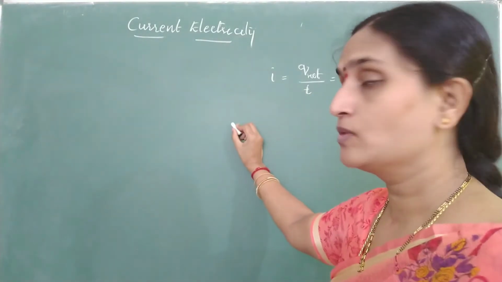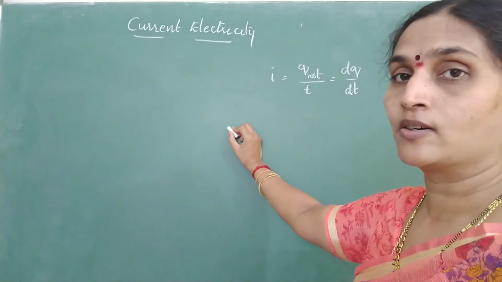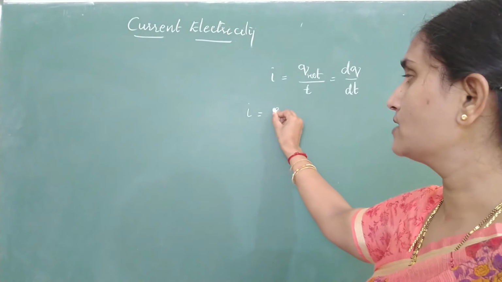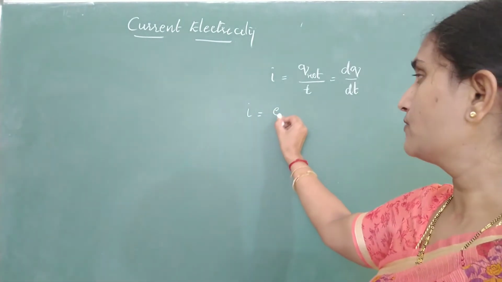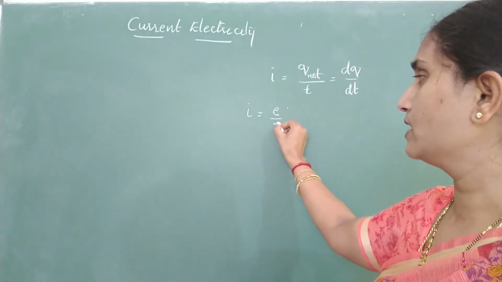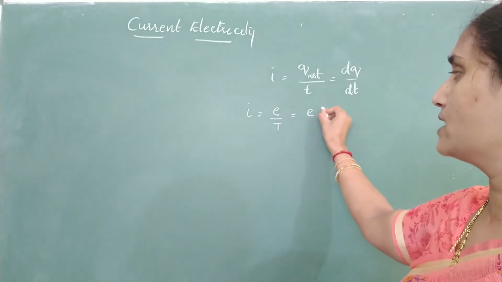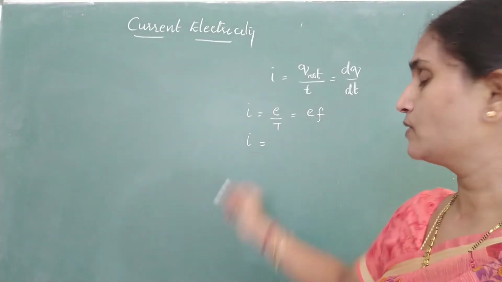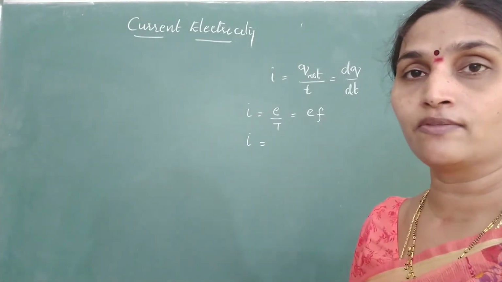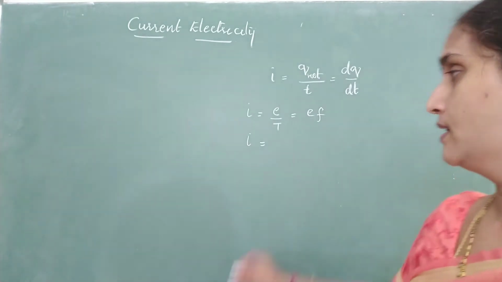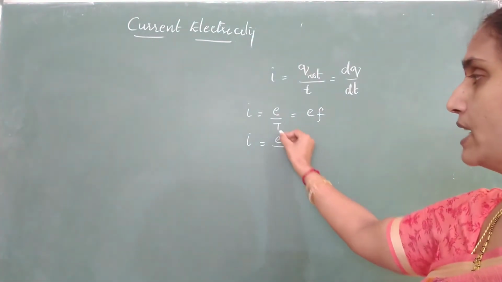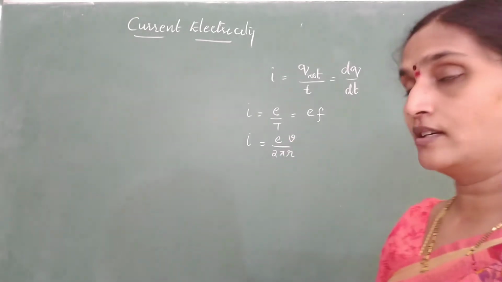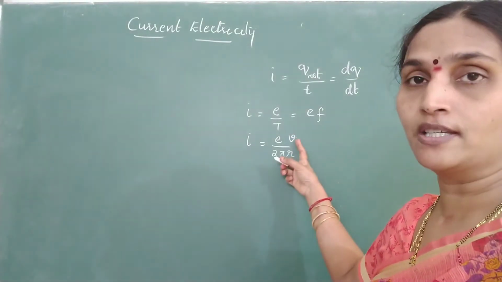Or sometimes they may give you an electron revolving in an orbit with a certain frequency. Then what will be current equal to? Charge of electron is e, and frequency, charge by time, will give you electric current. If you are given frequency, I will write it as e into f. Or instead of giving the frequency, if you know the radius of orbit and speed with which it is revolving in an orbit, then current will be e by time period, and we know time period can be written as distance by velocity. In a circular orbit, distance is 2 pi r, speed is v.